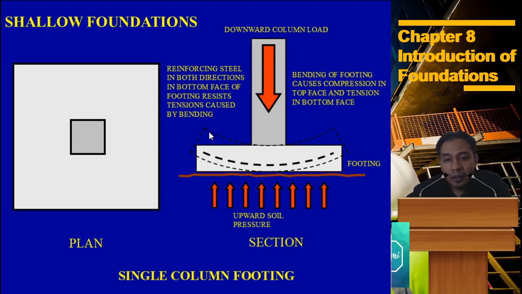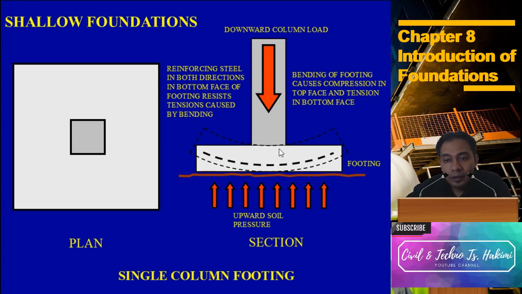So at the top there is going to be compression, and at the bottom there is going to be tension. To avoid foundation failure, we need to put in reinforcing steel bar, or reinforcement,